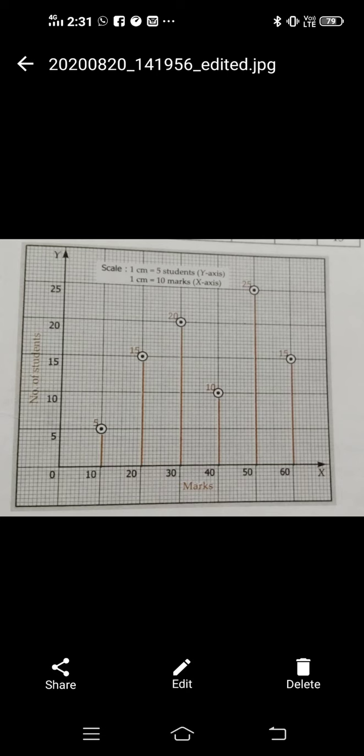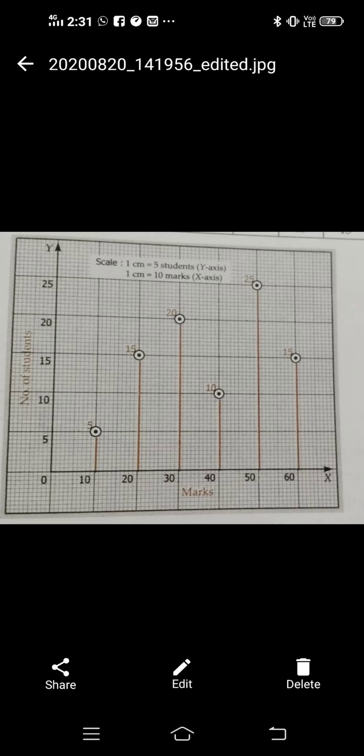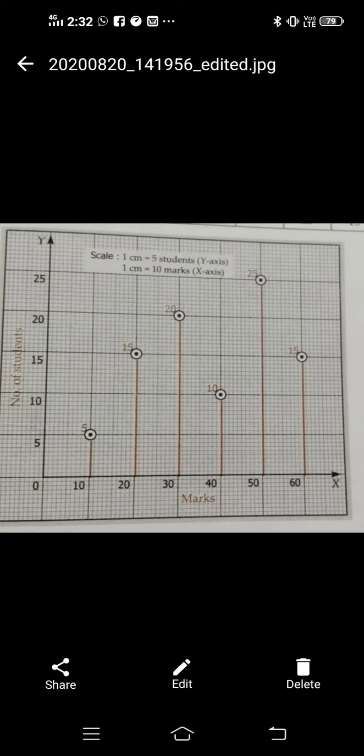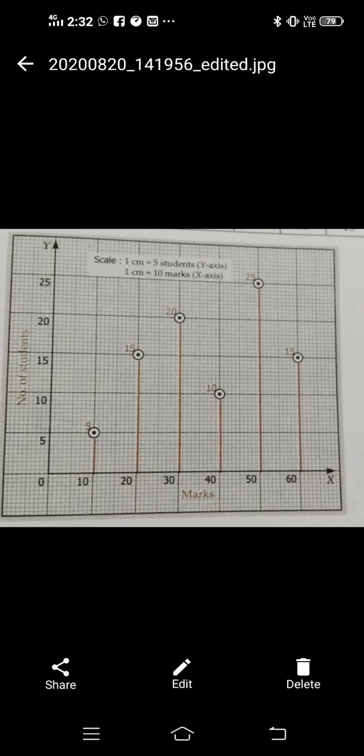Two columns are there in a discrete series, one for the item, the x column, and the second for frequency. So here marks, that is the item, you are showing on the x-axis, and the number of students, meaning the frequency, we are showing on the y-axis. So in these graphs, values are taken on the x-axis and corresponding frequencies on the y-axis. Suppose 5 students secured 10 marks. So corresponding to 10, the frequency is 5.